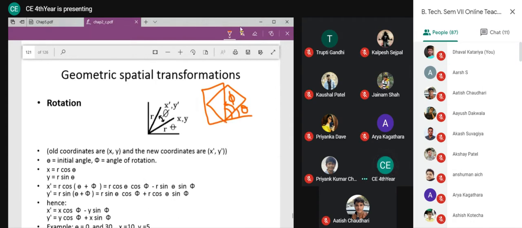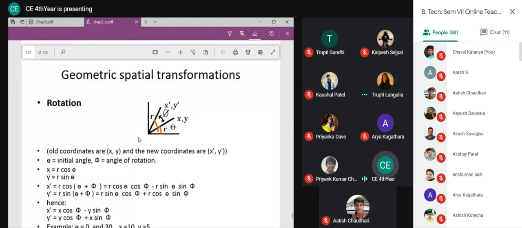Earlier, this was the shape. And now, after rotation, this is the shape. The shape will not change. Of course, there is a problem with my drawing here, but it is rotated by angle 5. So earlier it was at the angle theta, and now it is at the angle theta plus 5. Whatever your shape was, now it is at this shape. I hope you can see the rotation here.